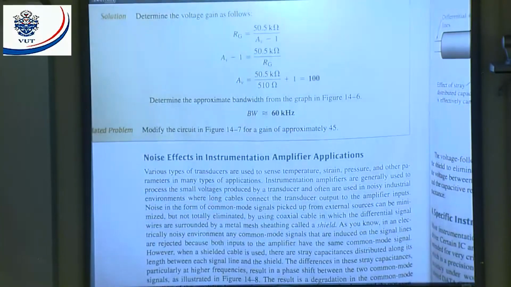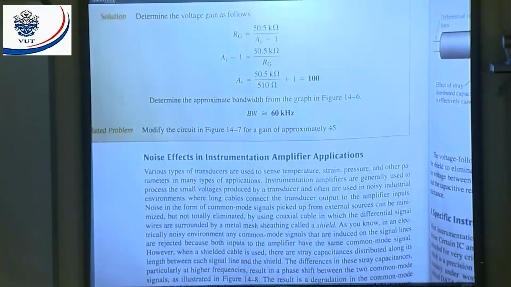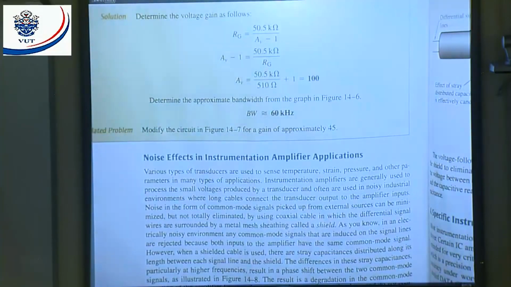All right, there's the formula. RG is equal to 50.5 kilo ohm divided by AV minus 1. We want AV, and when we work out AV, we will get a gain of 100. All right. Now let's quickly talk about this